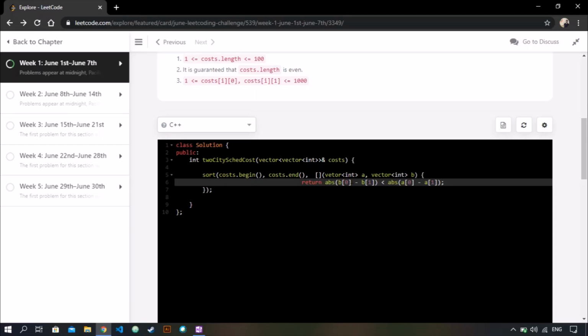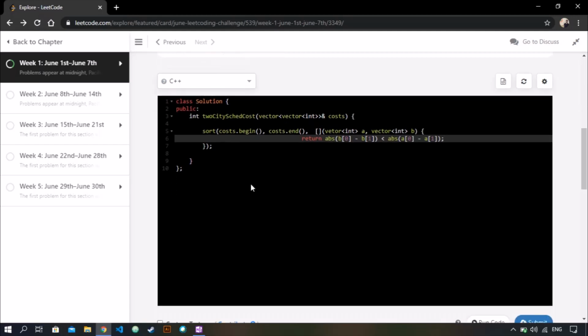Okay, so here is our custom comparator to sort the cost array in descending order on the basis of difference between the absolute cost of city A and city B.